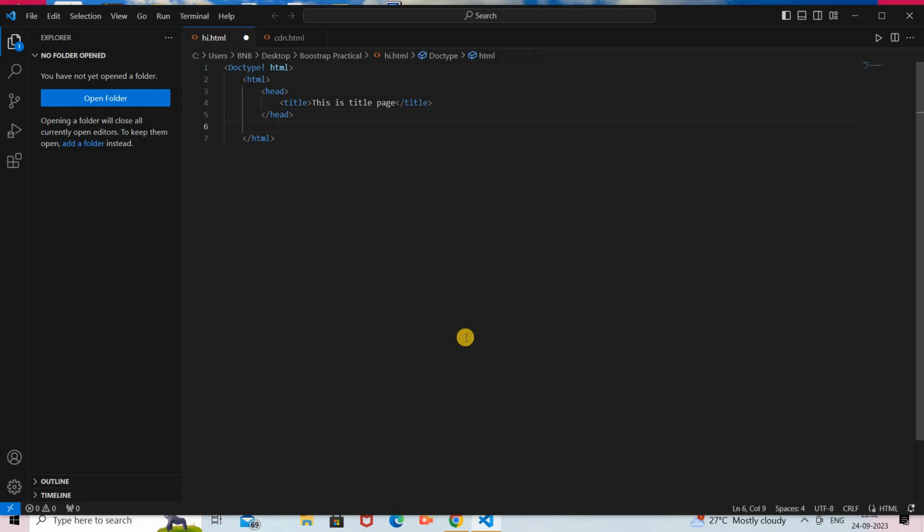And once the header section is completed, then the body section of your web page will start. In this body section we provide all the elements which are present on our HTML web pages. So all the elements are in the body section. Here I provide an h1 tag to provide a large heading, which is Hello World,